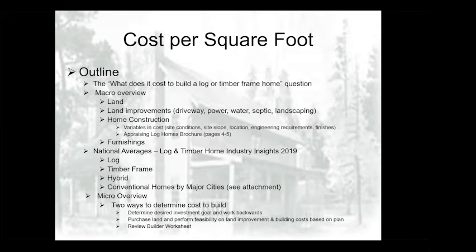Everyone is slightly different. Some are going to have greater cost in land improvements, and some are going to have properties that already have utilities, that already have water, sewer, that already have power to the road, might even have gas. So there are going to be variables and differences with each one. But I know one of the biggest reasons that you're here today is to learn more about what the construction cost is. So once we get past the land and the land improvements, now we're looking at the cost of building the home, which when you get into construction cost, we can't overlook the variables in cost,